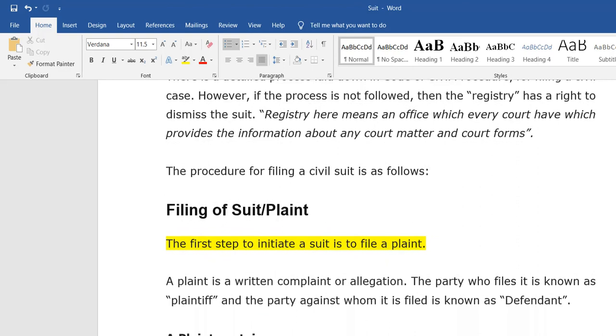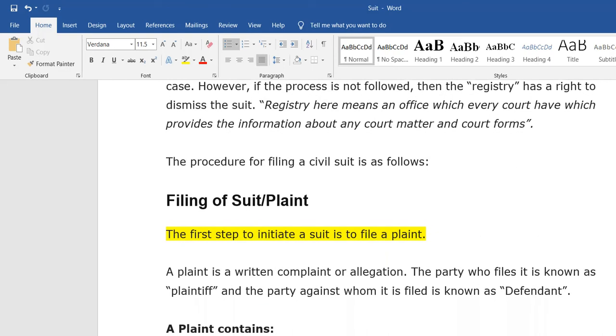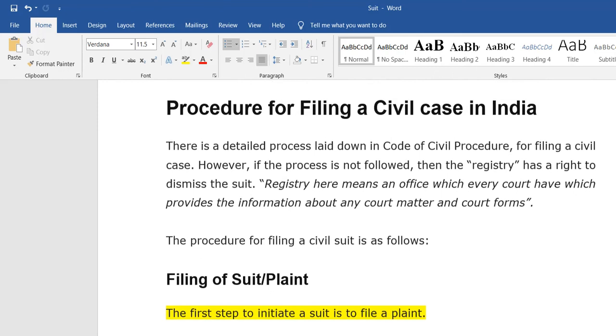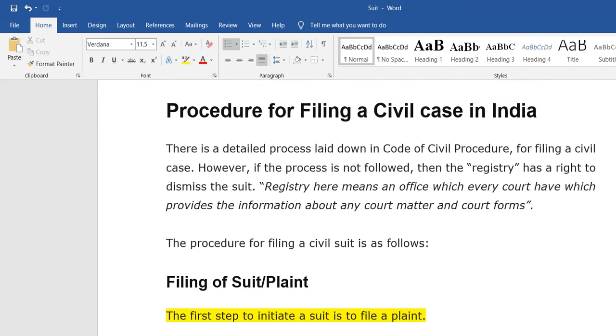The initial step when we are trying to file a civil case is the allegation or written complaint. This allegation or written complaint is present in the filing of the suit.